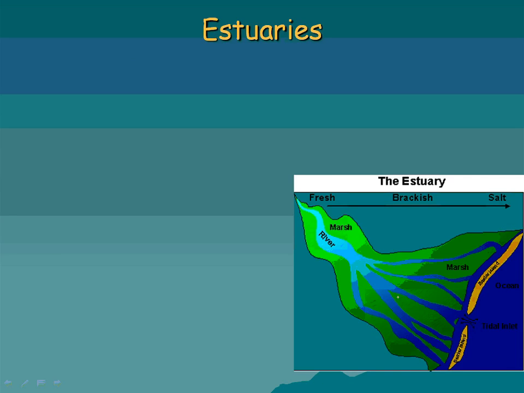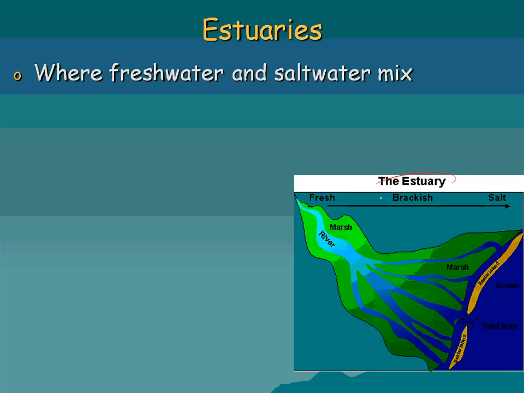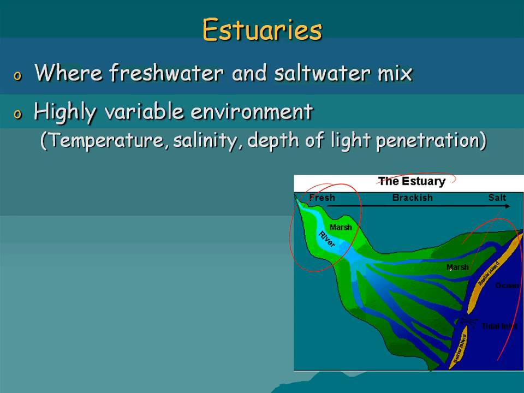Estuaries are in the middle of freshwater and saltwater, both in the sequence of slides, because they literally are in the middle between these two types of habitats. So if you look at this picture, an estuary essentially is where fresh water from a river mixes with the salt water of the ocean. Okay, as you can imagine, these areas are highly